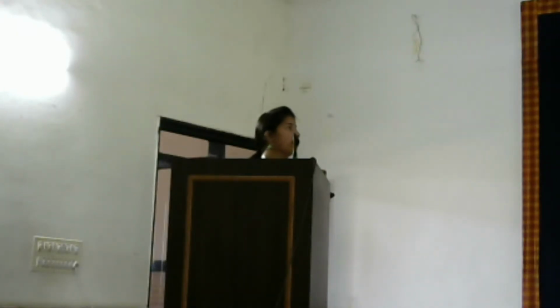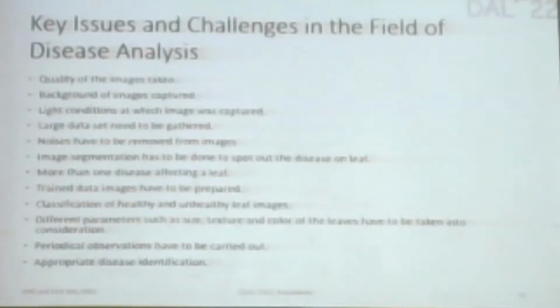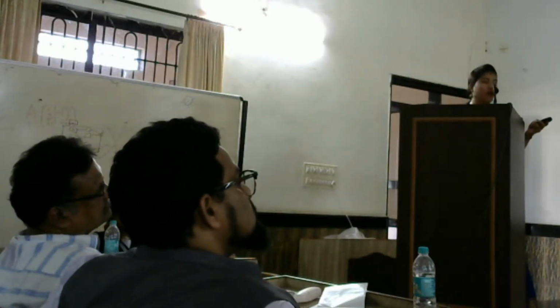So the key issue here is that the quality of images taken is very important for the accuracy and efficiency. If the background images have to be removed, and light conditions are only in particular controlled environments when the images are taken, it is showing the accuracy. Say for example, if the image is taken in the dark, it is not showing the accuracy. A large data set needs to be gathered, this is one of the issues. So noises have to be removed from the images and we have to address the issue of occlusion, that is